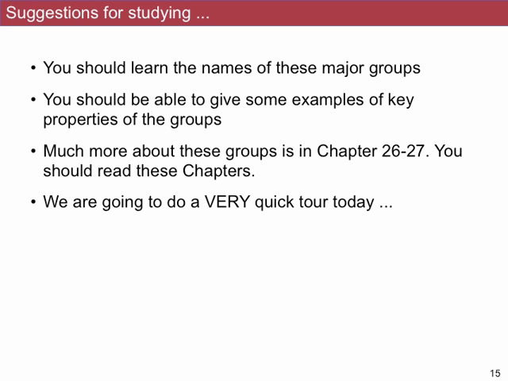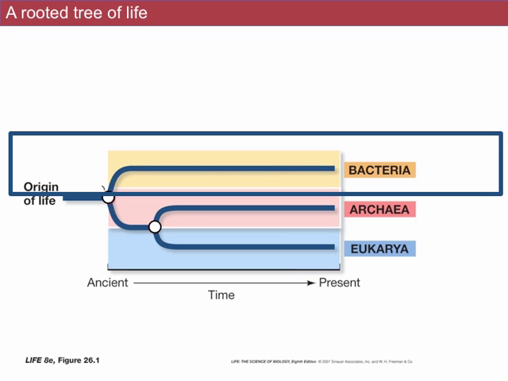So in general, for bacteria and Archaea, you should remember the major groups we're going to talk about. There are going to be 6 of them for bacteria and 2 of them for Archaea. You should be able to give examples of some of the properties of those groups. And in addition, when we talk about evolution of features, you should understand how the features map onto the tree. We'll talk more in detail about what you're going to have to understand about the 18 or so microbial eukaryotic groups, which I can't even remember all the names all the time, so I'm not going to ask you to memorize all those either. So we're going to go through the bacteria first.